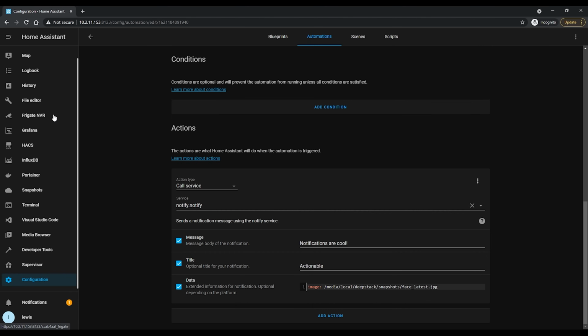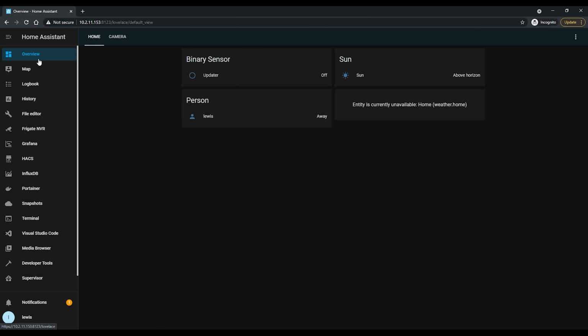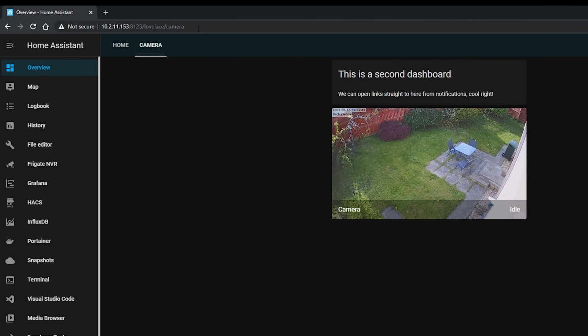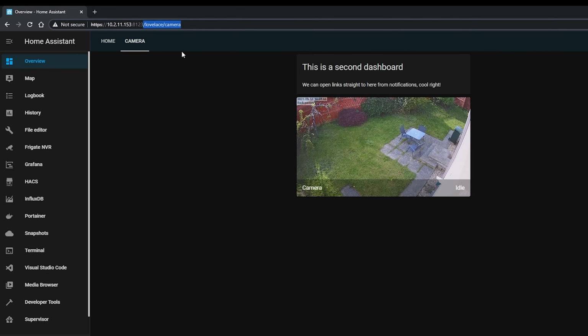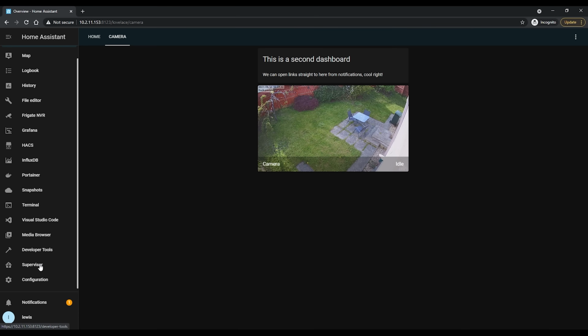Alright, so now we have a cool image attached to our notification. Let's create the first of our actionable notifications with a button that will take us straight into one of our Lovelace views. First thing you're going to want to do is to grab the URL of your Lovelace view by simply heading to the view that you want, then highlighting the URL and copying the bit after the port. In this case, it's